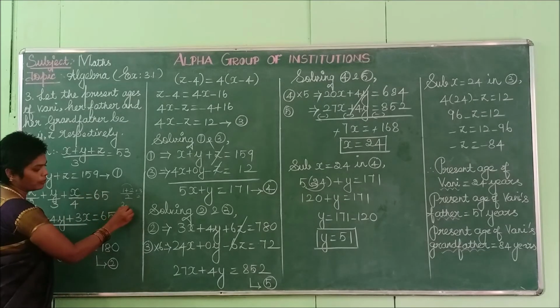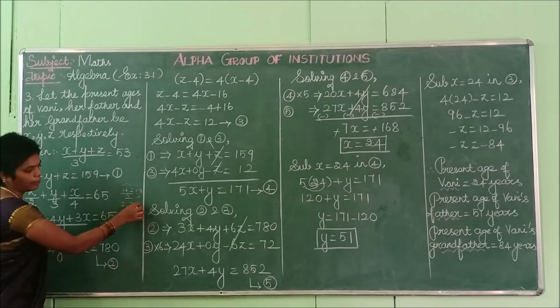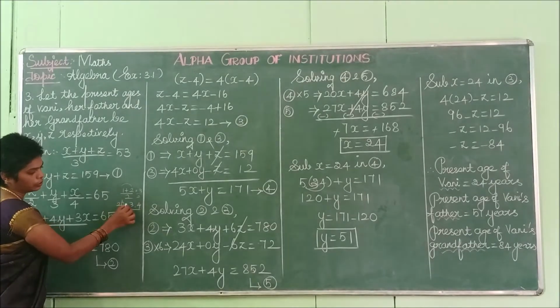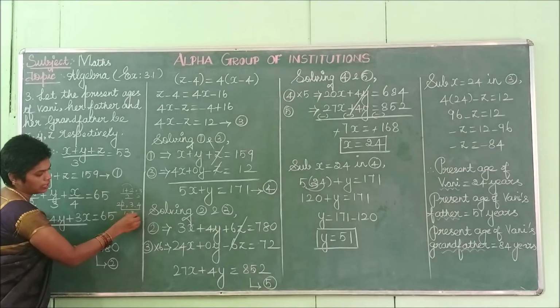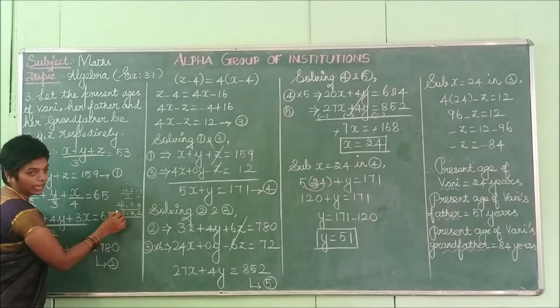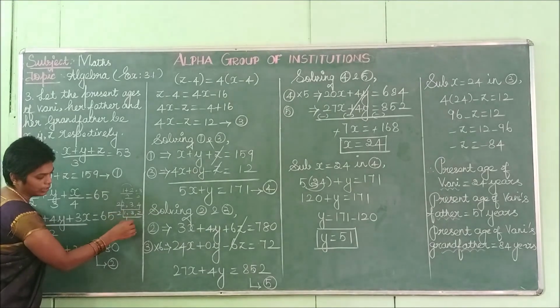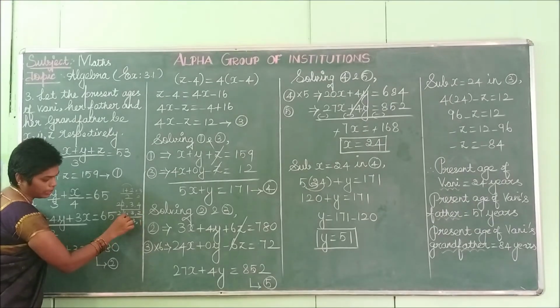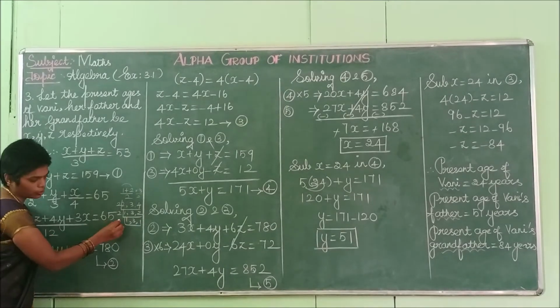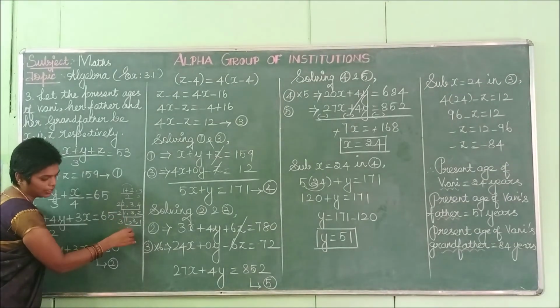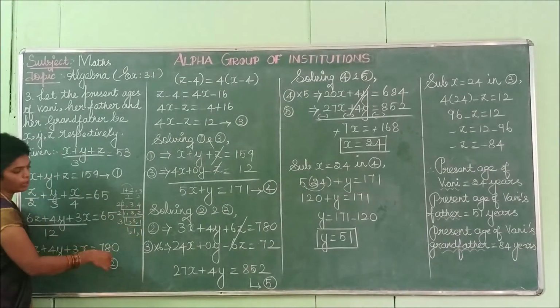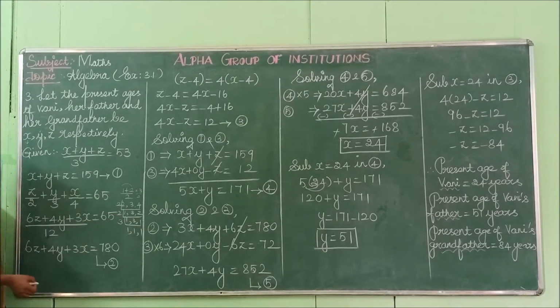If you are taking the LCM for 3, 2, 4: 2 table 1 time, 3, 2 times. Then again you can do the 2 table 1 time, 3 times and 1 time. At last 3 only there. So you have to find 3 table 1, 1, 1. So multiply those values. 2 2s are 4, 4 3s are 12. So 12 is our LCM. So when you get 12, multiply and divide with 6, you can get 12.